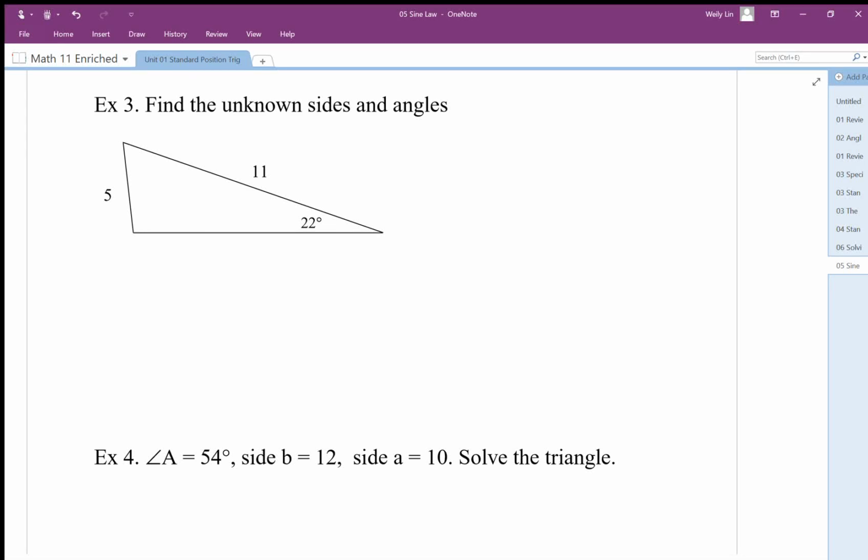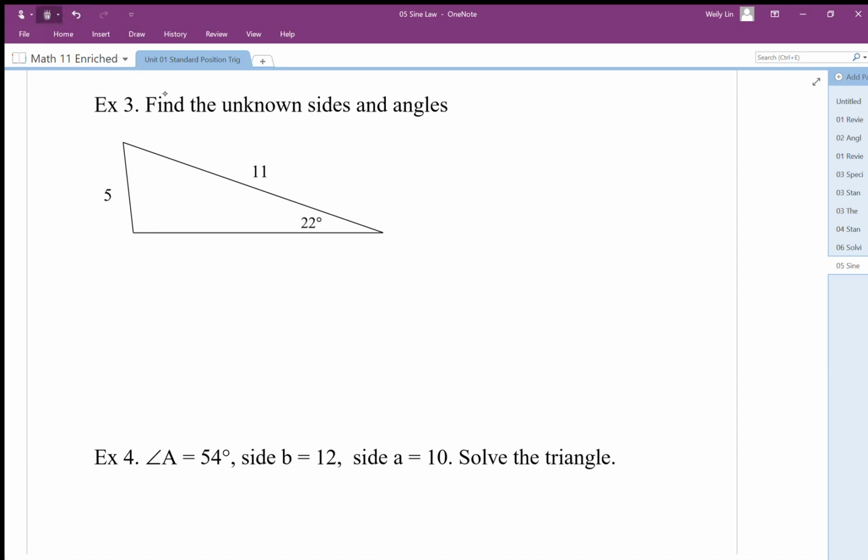So here's another issue of where we have angle, side, side. I think CK12 uses side, side, angle, but really we have an angle, a side, and a side. What happens is because we only have one angle, the shape of this triangle is not necessarily fixed. Now this angle is drawn obtuse, but it doesn't necessarily have to be obtuse because when we